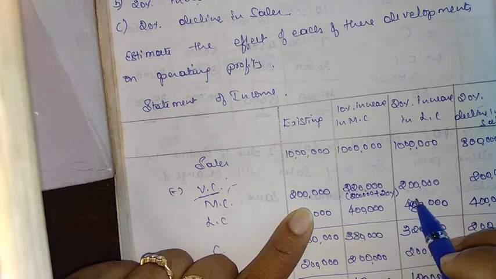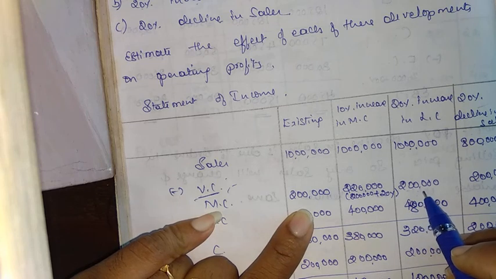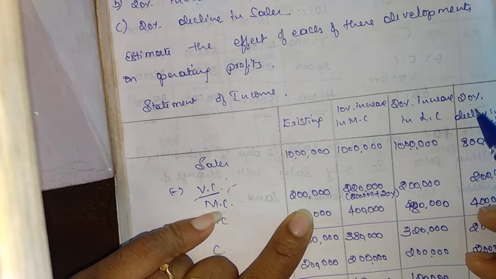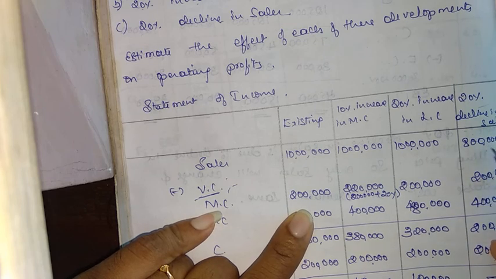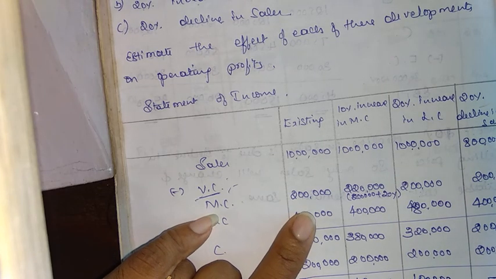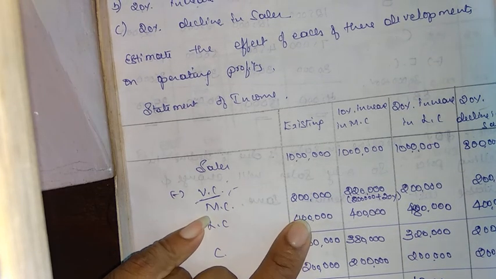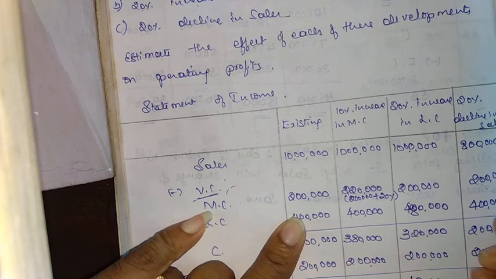Next, 20% increase in labor cost. So it will not affect material cost, so we write as it is. Then in the fourth column there is a 20% decline in sales. So here variable cost will have no effect, because we are assuming that sales is reduced in its price, not units. So that's why there will be no changes in the material cost.